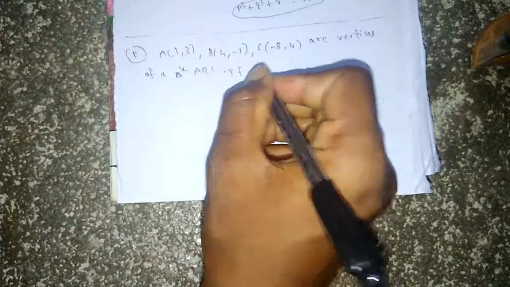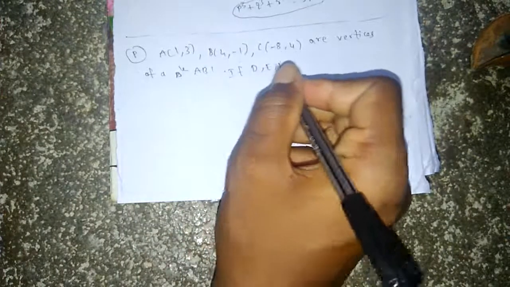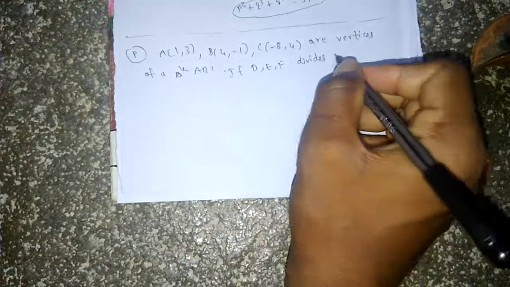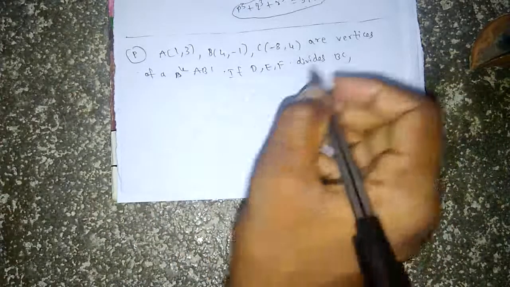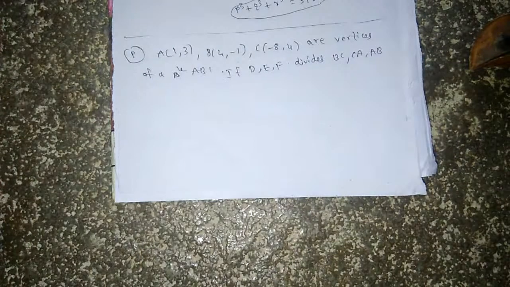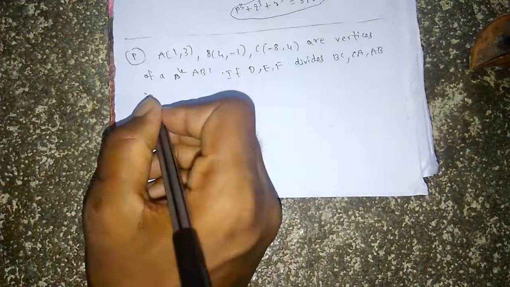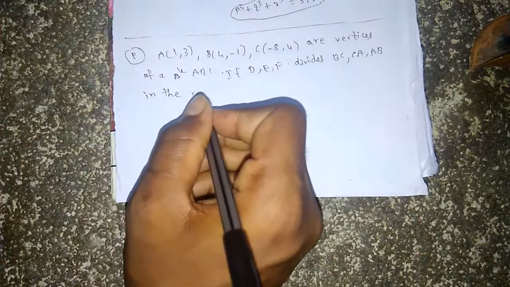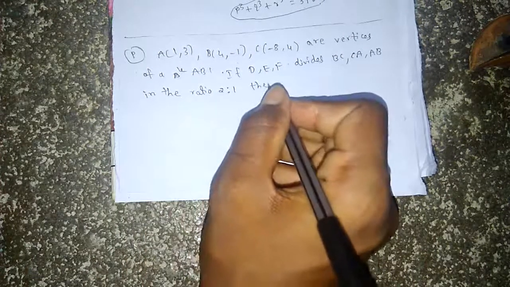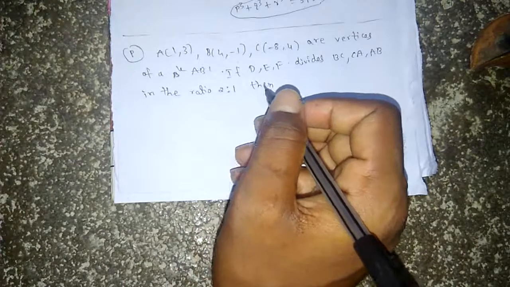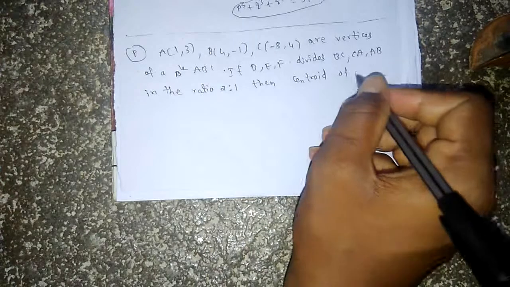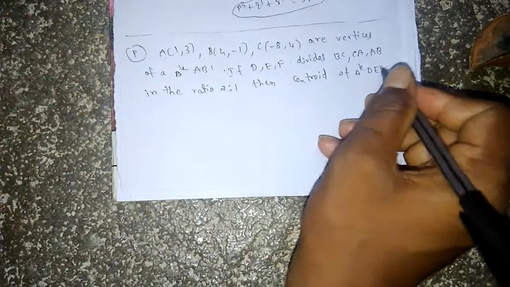If D, E, F divide BC, CA, AB in the same ratio 2:1, then the centroid of the triangle DEF is